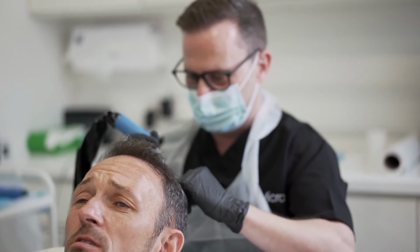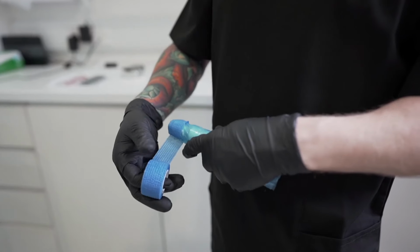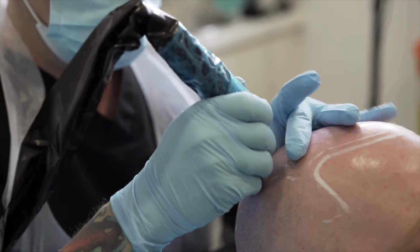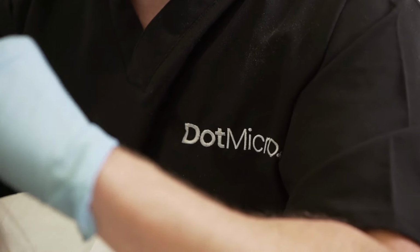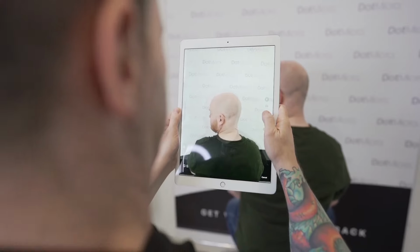The treatment can also be used to mask or camouflage scalp damage, such as various types of scars or burns. It's also fantastic in combination with a hair transplant. If you suffer with hair loss, this is a fast, easy and effective long-term solution that can give back confidence